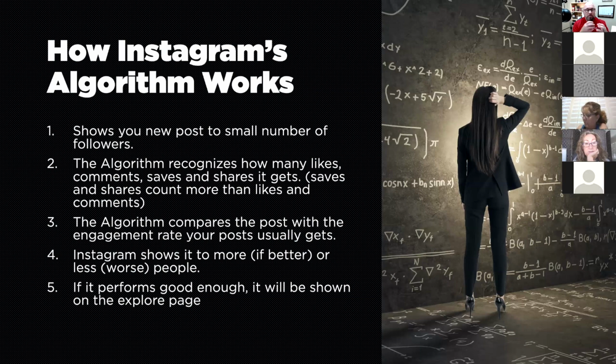The algorithm is really going to recognize all the good stuff. If someone saves your content, that's the most reward you can get for your content. Someone saving your content to one of their catalogs is the biggest one. If they comment, great. Like is probably the least amount. Sharing is a big one, either through a direct message or resharing to your stories. When your content has a mix of all that, a like, a comment, a share, especially a save,